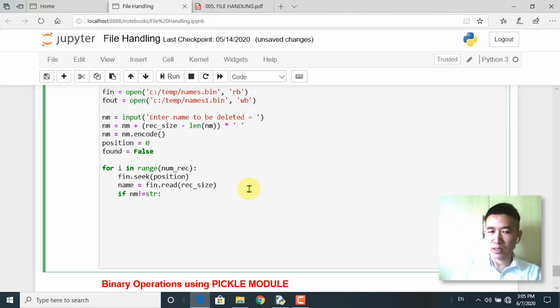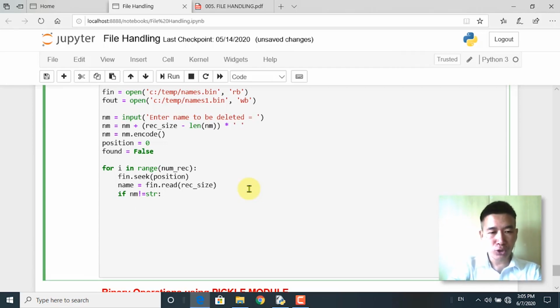Just give it a little thought over this statement. If nm, the name to be deleted, is not equal to the first name, should I be copying the first name from names to names1? The answer is right. So if it doesn't match, I do copy the first name of the file from names to names1. So if the condition is true,